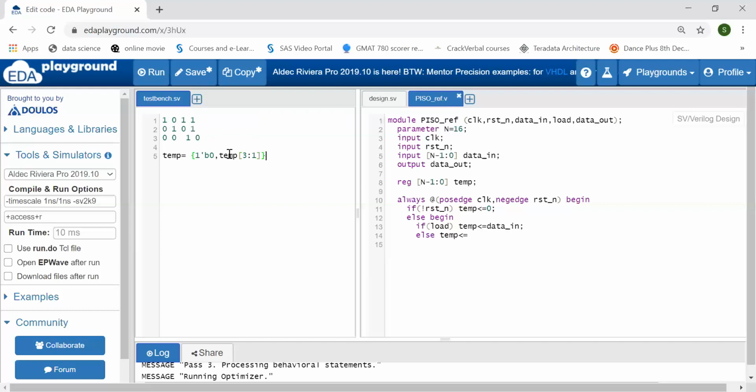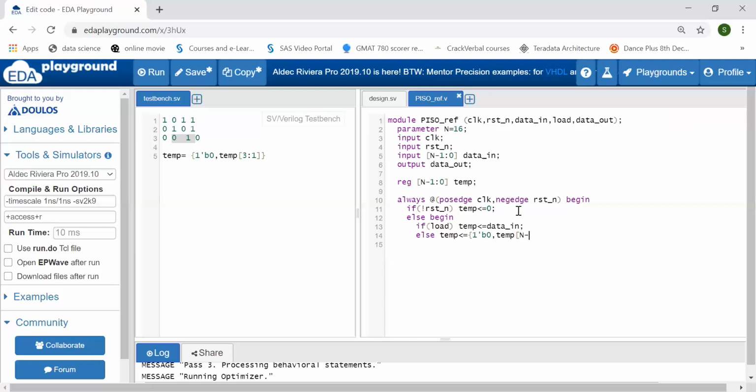Every time this is happening. Here you can see 0 is added, and whatever the value from 3 to 1 comes here. So in the generalized case, what can I write? Temp is equal to 1'b0, comma, temp of, since here it is 4 bit, 3 down to 1.